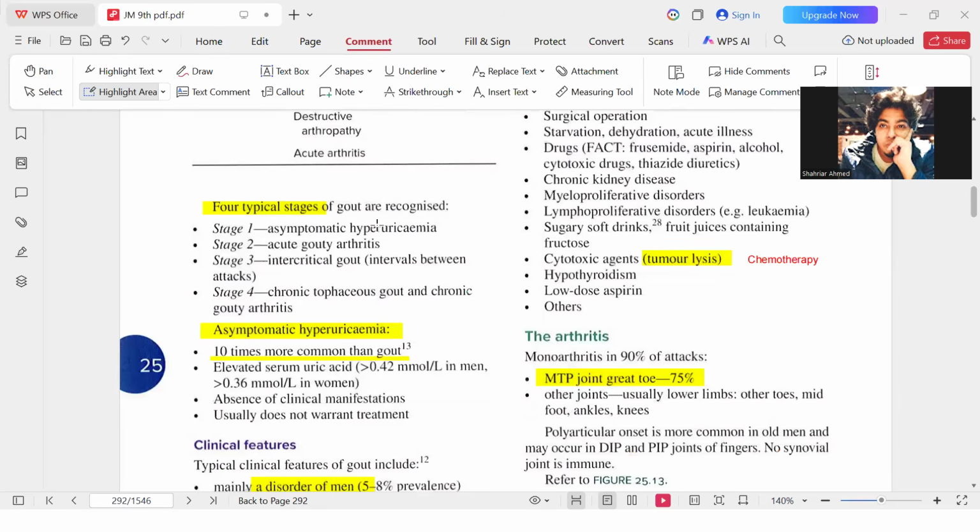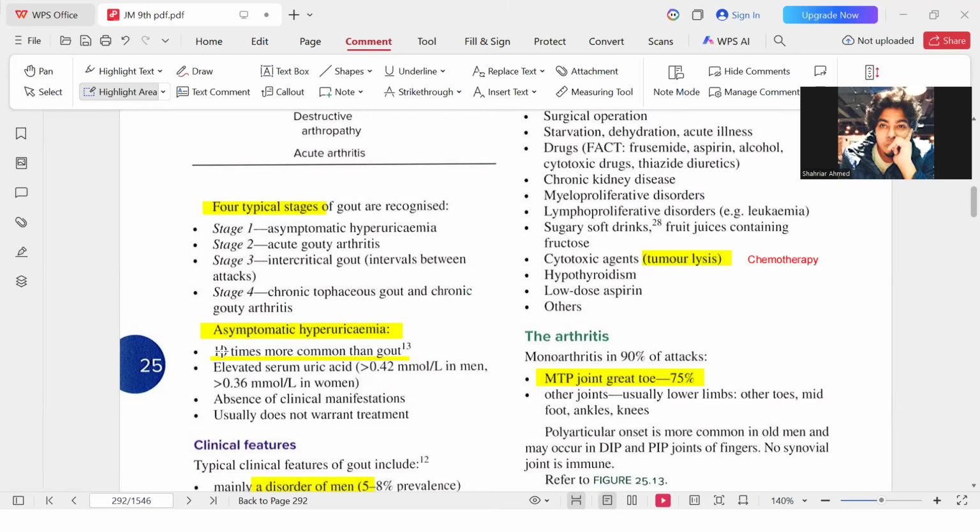Now, a quick question, a practical approach. Practical approach is very important for AMC in recent time. You have hyperuricemia, uric acid level elevated. Does it confirm you have gout? Understand the point carefully. Does hyperuricemia always mean you have gout? No. Even for a cancer chemotherapy treatment, your level can be increased.